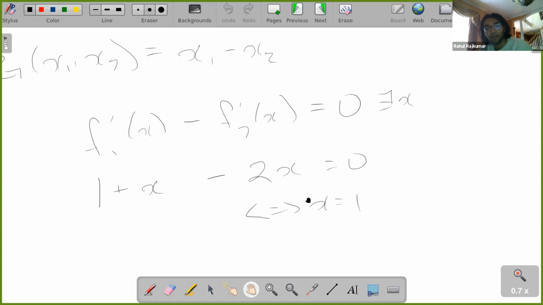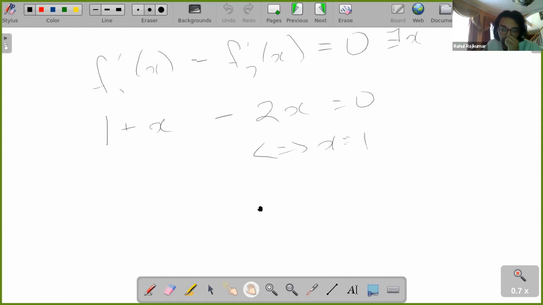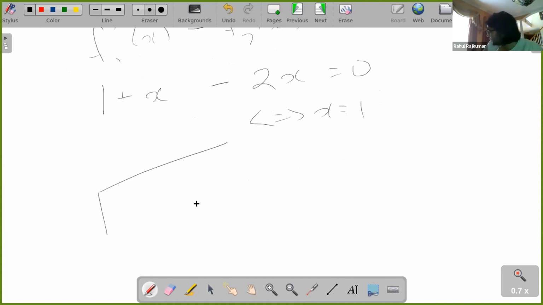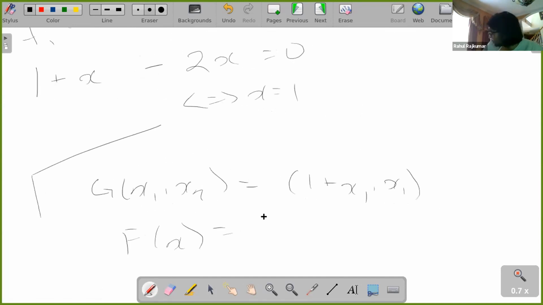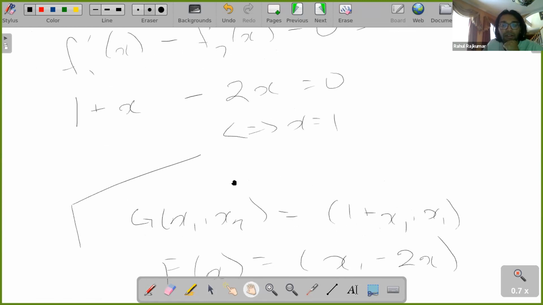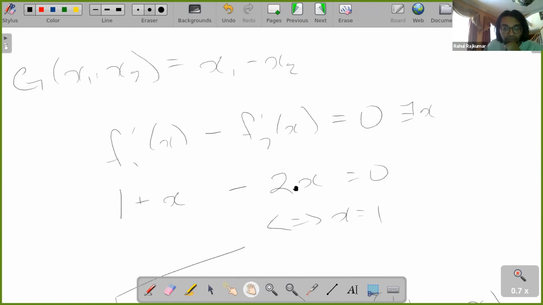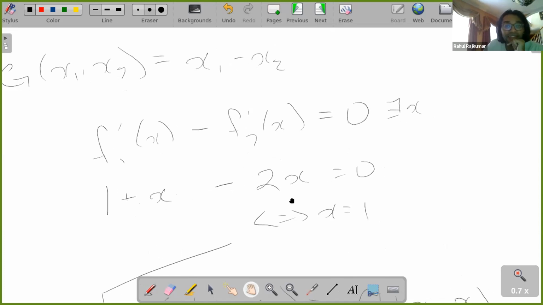Hold on. So let me just write down what I circled at the end. At the end, what I said is that you have G of x1, x2 is equal to 1 plus x1, comma, and f of x is equal to x comma minus 2x. So why did I do that instead of this? Sorry, because this now, f would not be constant rank as written,